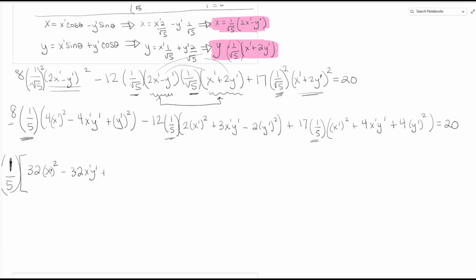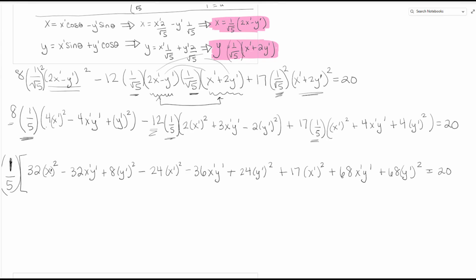Next one, I'm going to distribute 2 x prime squared, minus x, minus, next plus 17 x prime squared plus, let's see, 17 times 4, 40, 50, 68, 68 x prime y prime, again, plus 68 y prime